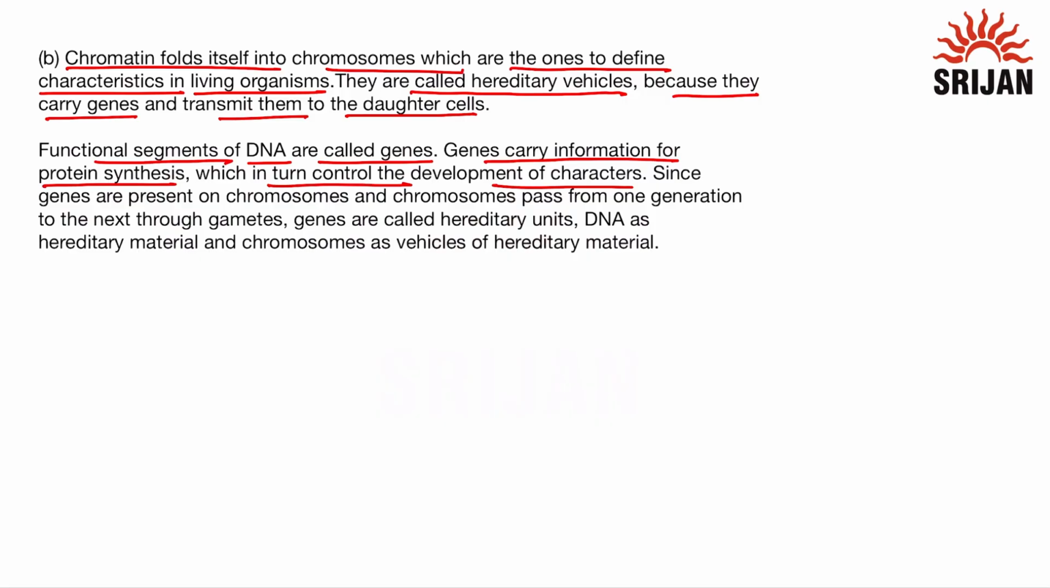So genes help to transfer the genetic information by carrying the information for protein synthesis. Since genes are present on the chromosomes and chromosomes pass from one generation to the next through gametes, because half of the chromosomes come from one parent and half of the chromosomes come from the other parent. So chromosomes will pass from one generation to another through the gametes that are formed through meiosis. So genes are called hereditary units